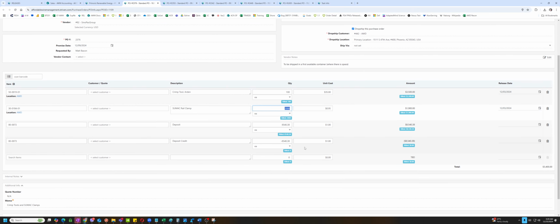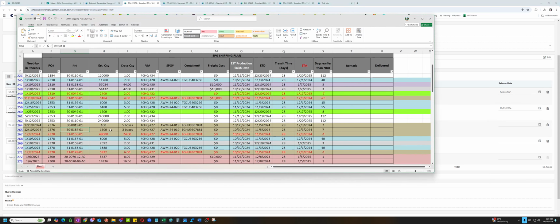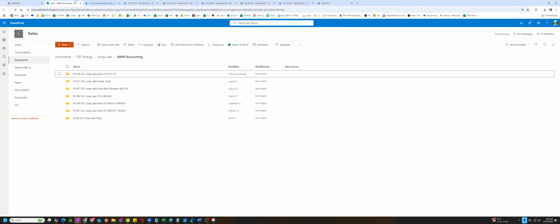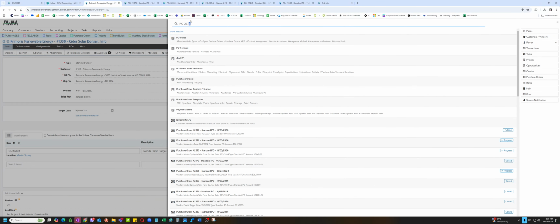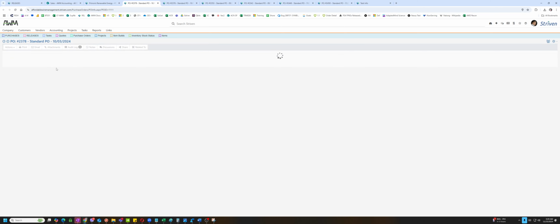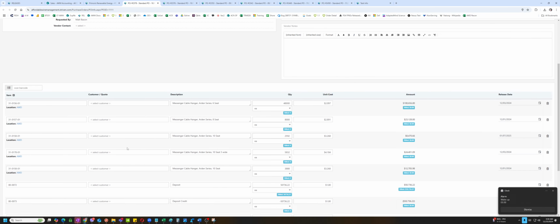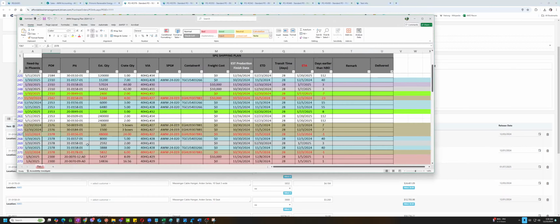It is with 2000 quantity here, this is 1500. So we're going to make a report of that later. 2378, 2378.